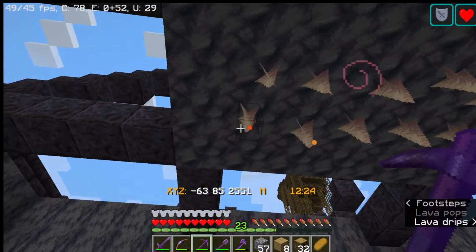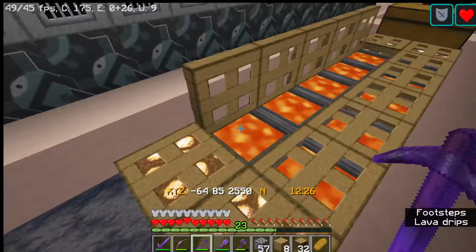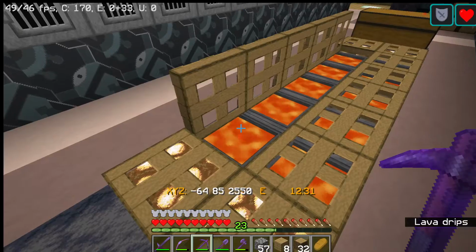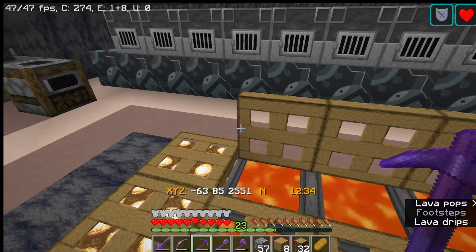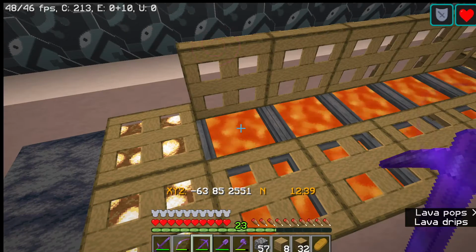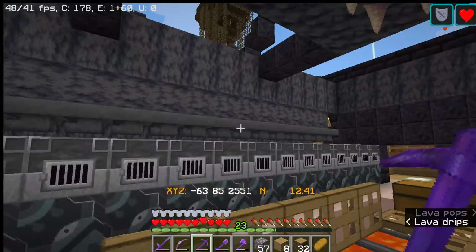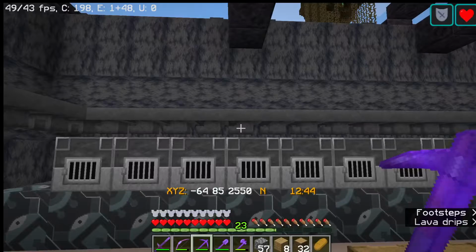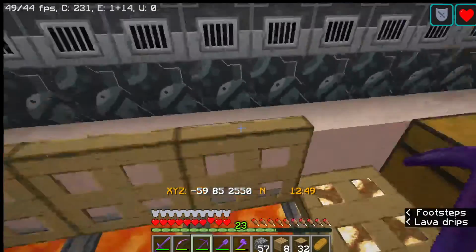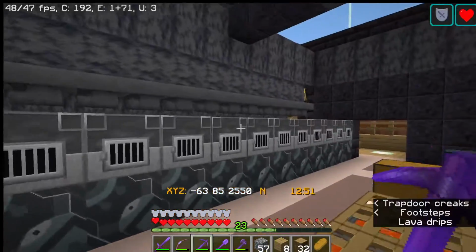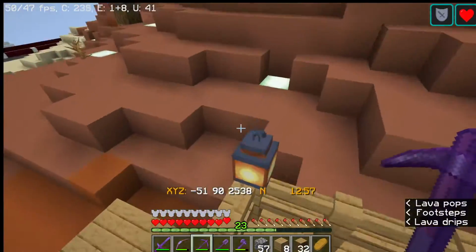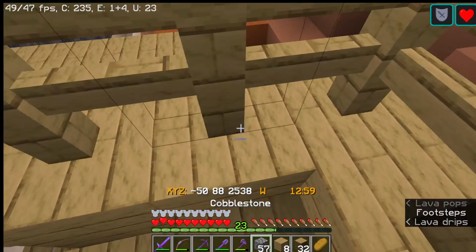I think I counted them one time, and it's about 50 drips or so before it fills up that cauldron, which is a lot. You have to stand here for a long time for that to fill up. So I don't like that, but it is renewable. So what I do is I have a fuel system that sends me sticks. And the way it sends me sticks, I was able to take advantage of the plugin that I just told you about. And what that is,